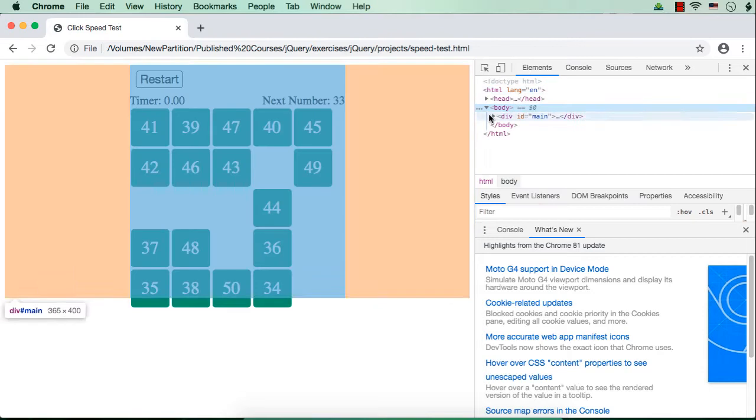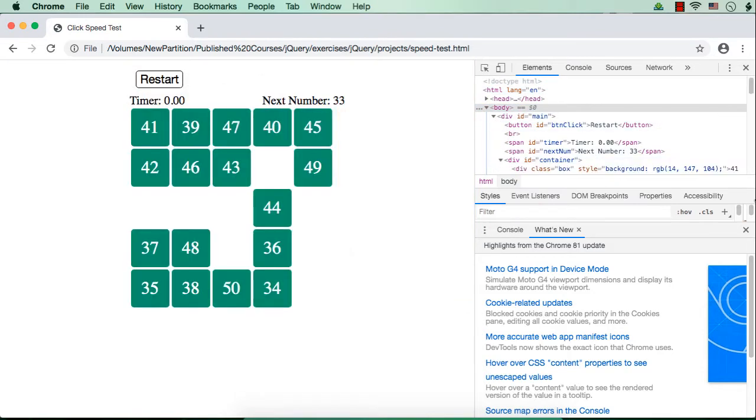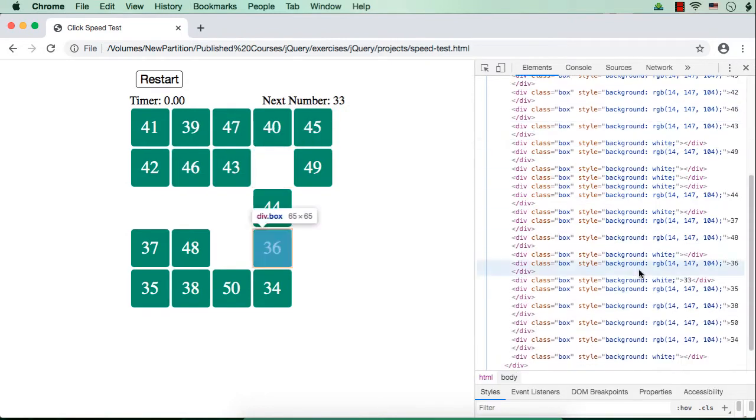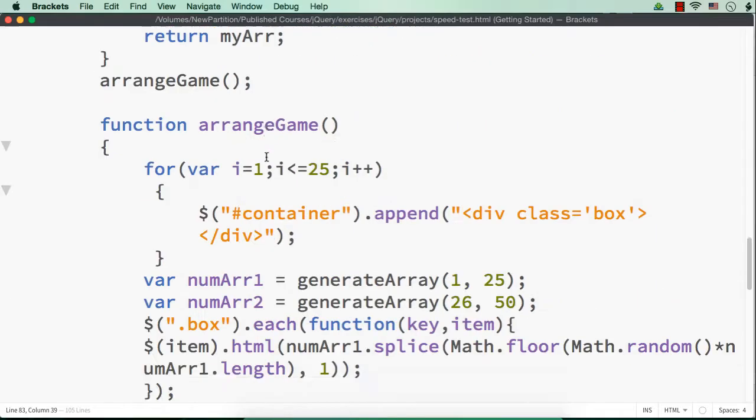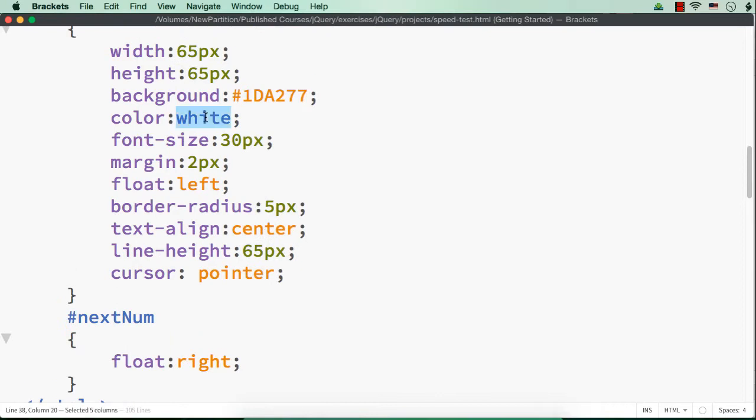If you check this, let me click container, and if I close this and move to the number, this 37 is here, 48. For this one, we are seeing the background to be white, so we are not able to see the number. Here it is 36. Suppose for the time being, let me specify the text color to be red, just to show you. Let me save this.